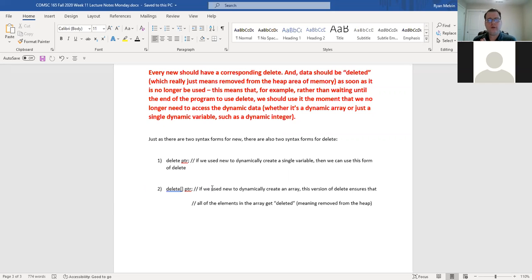Now, the other important thing here in terms of delete is that we make the distinction between the pointer itself, which in this case we're just generically calling PTR, the pointer that comes after delete, the one that you used with new, and the data that it's pointing at. So when we say delete PTR,